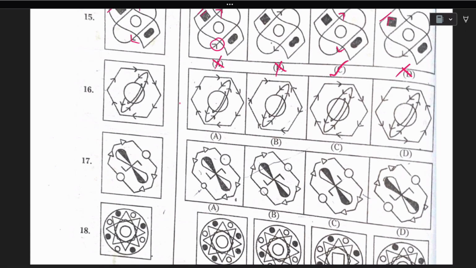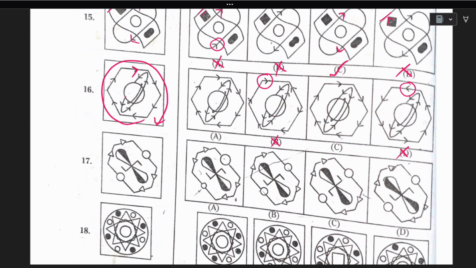And here we have got some planets, so let's check this. Do we have circles in all of these? We have to check the directions, like arrow marks. Here it is in the middle, but in B the arrow mark is given at the start, so we can eliminate B. And here it is fine, and here this is going in the reverse direction, so we can eliminate D also. And then we will be checking in which direction it is going. It is in the clockwise direction, right? So check whether A and C are going in the same way or not. So this is also clockwise, and in C also it is clockwise.